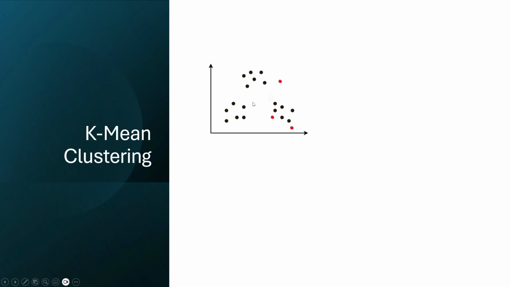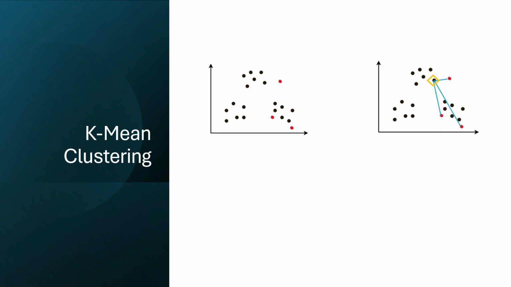So how do we assign all these dots to one of the centroids? Let's pick one dot. Now we will assign this dot to one of these centroids. It simply takes the distance. The distance from each of these centroids, you can take the Euclidean distance, then the shortest distance wins. As you can see, this distance is the shortest, so this data gets assigned to this centroid. In the same way, we can assign each of these dots to one of the centroids.